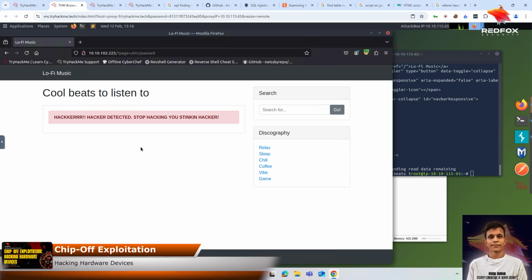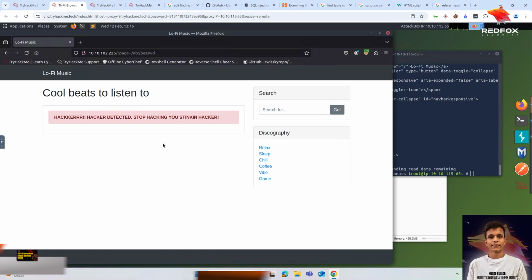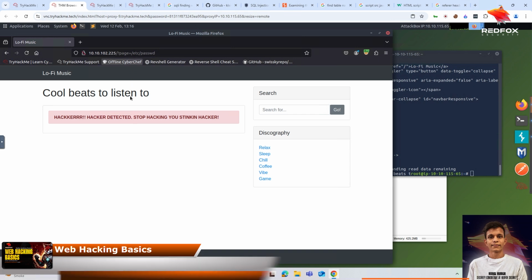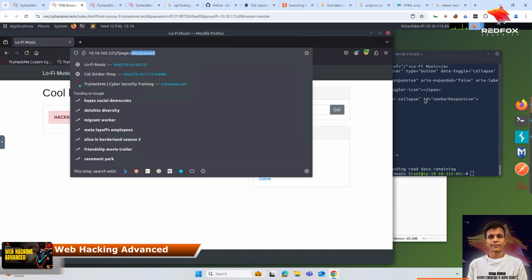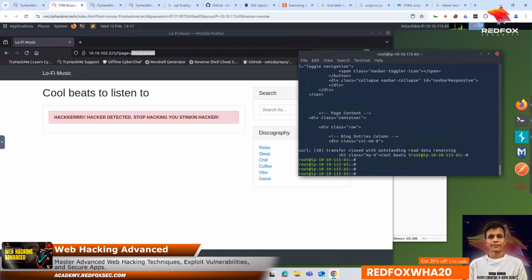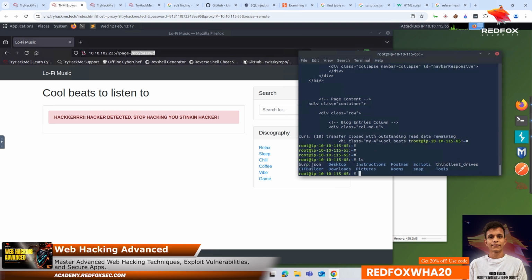Okay, so it detected our attempt and says "hacker detected", basically saying that it cannot load the /etc/passwd file. What I can do is try some bypassing methods or a few methods to include our file. So what we can do, okay, I will show you here in Linux. If I do ls, it shows the files and directories from the current directory, and if I do ls